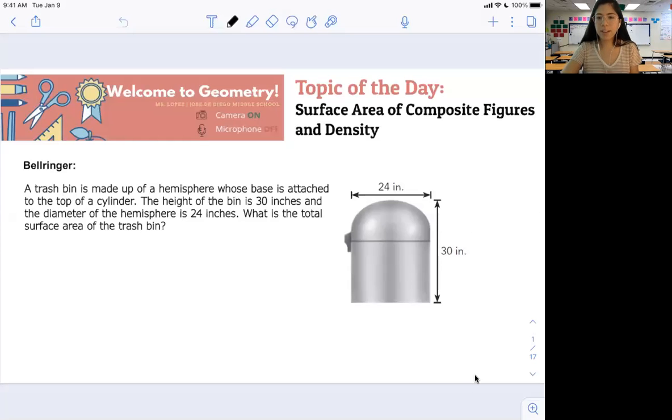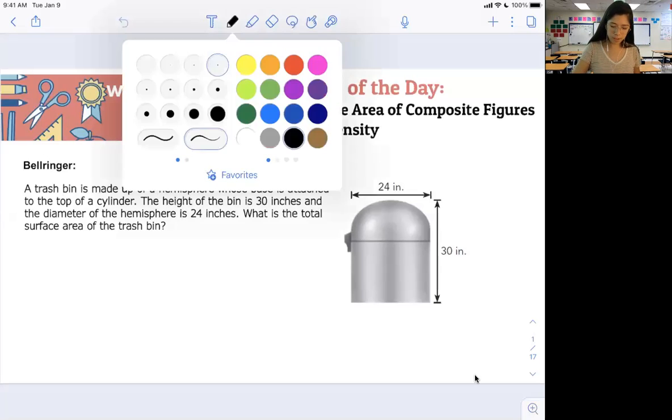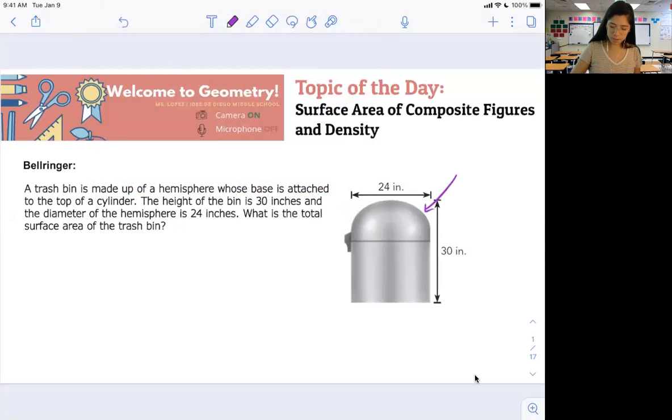A hemisphere and there you go, and a cylinder. Okay, so here's my hemisphere, which is half of a sphere. And then here's my cylinder. Cool. But when you put two shapes together, especially 3D shapes like these, what happens is, remember, surface area is